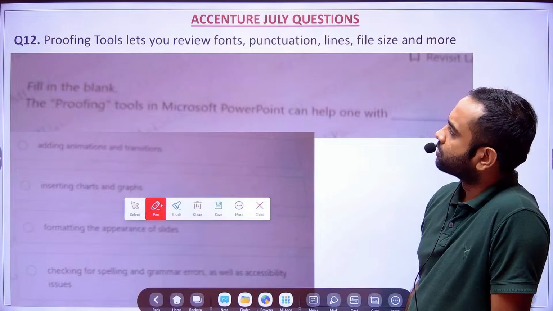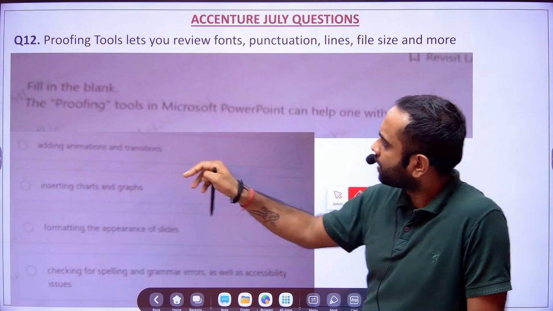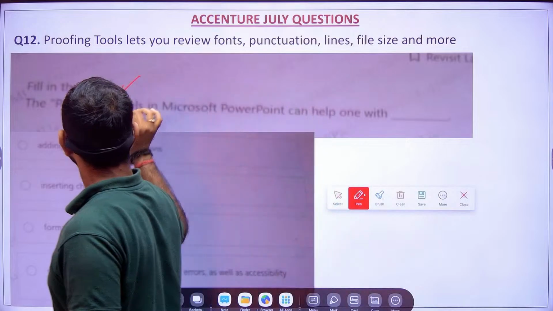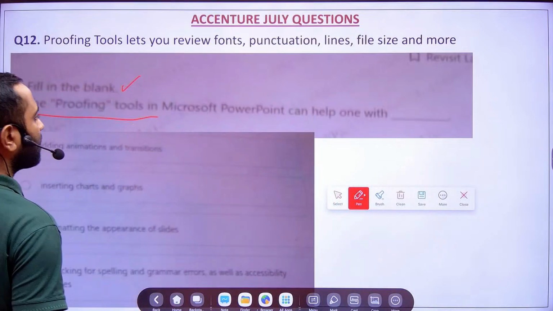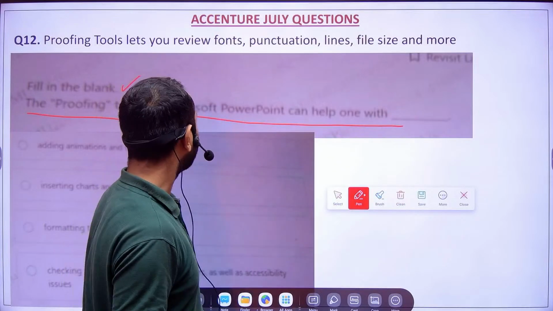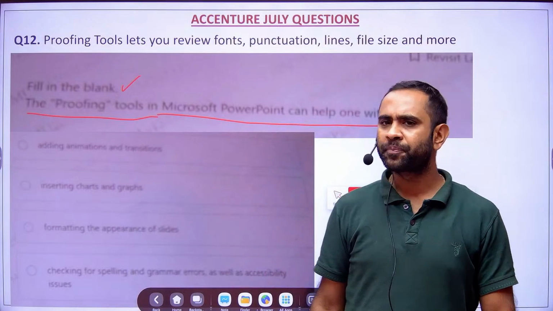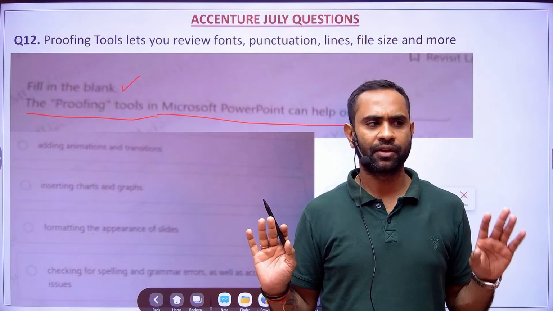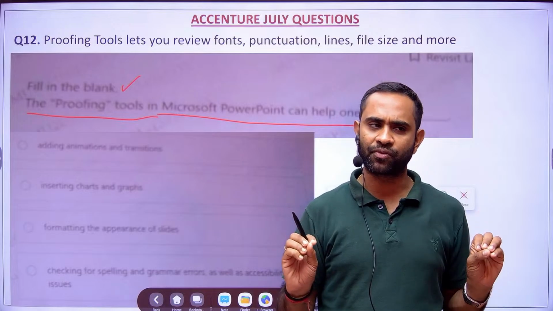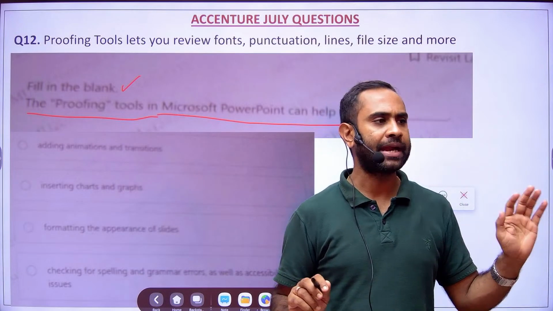So proofing tools. What are proofing tools? Fill in the blank: the proofing tools in Microsoft PowerPoint can help one with. So friends, in Microsoft PowerPoint there will be proofing tools. Now what will we be using them for? Sometimes we say that our code is foolproof, or we say